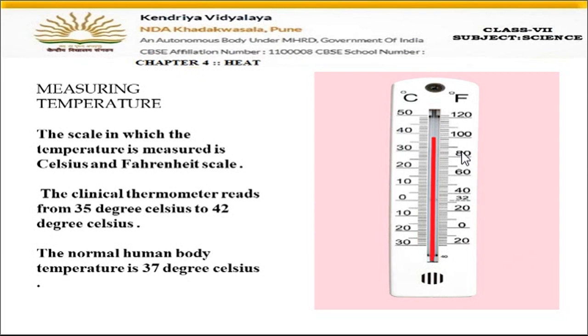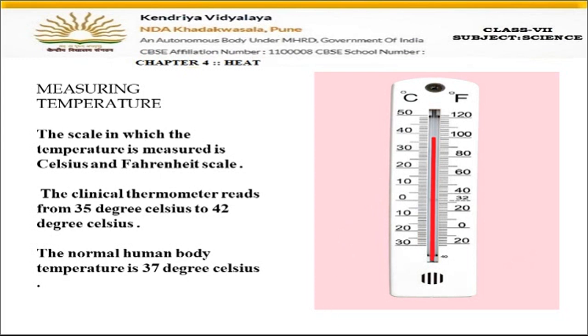Fine. 100, 101. That 100 is not in degrees Celsius. Water boils at 100 degrees Celsius. Fine. So if you are taking the Celsius scale, then 37 degrees Celsius is the normal body temperature. But if you are taking the degree Fahrenheit scale, then 98.6 degrees Fahrenheit is the normal human body temperature. Okay, so these are the two different scales.